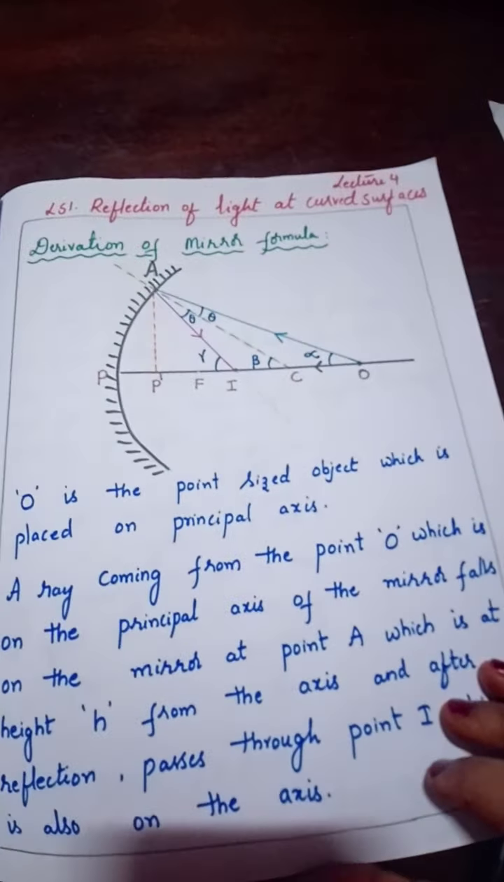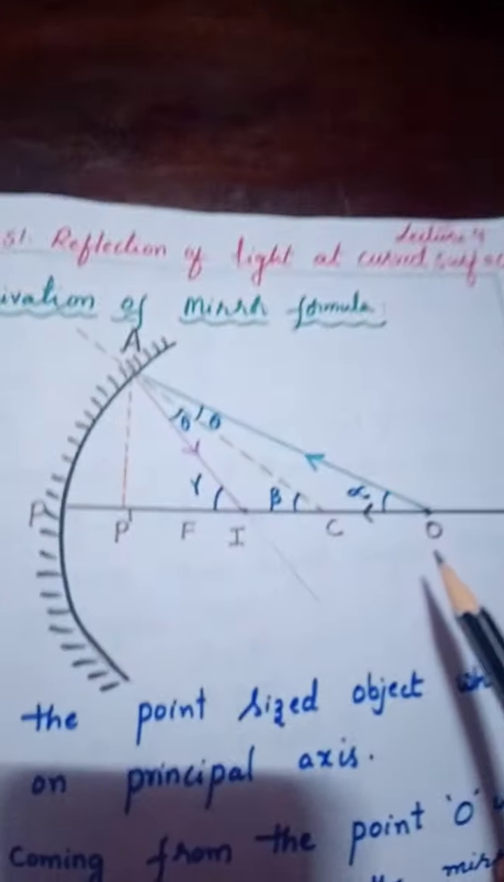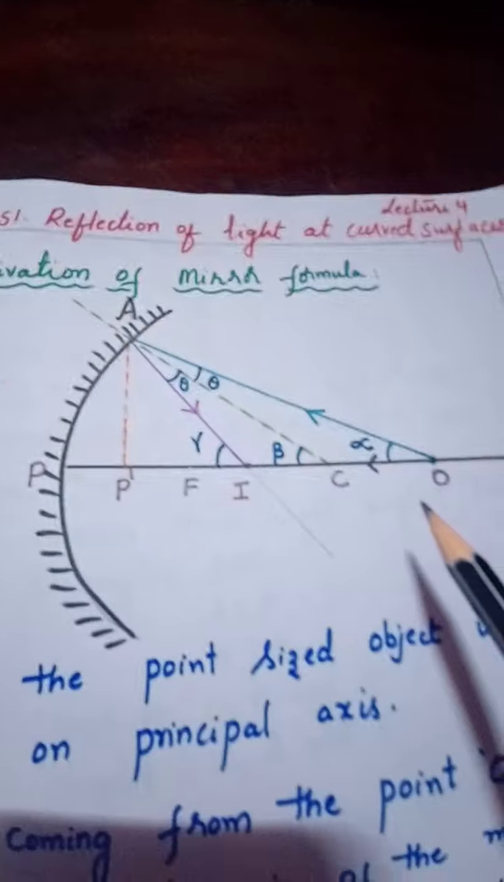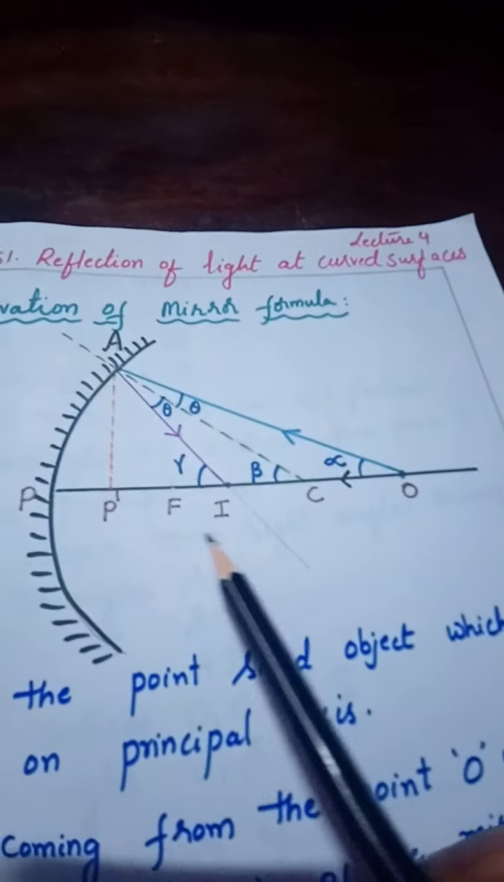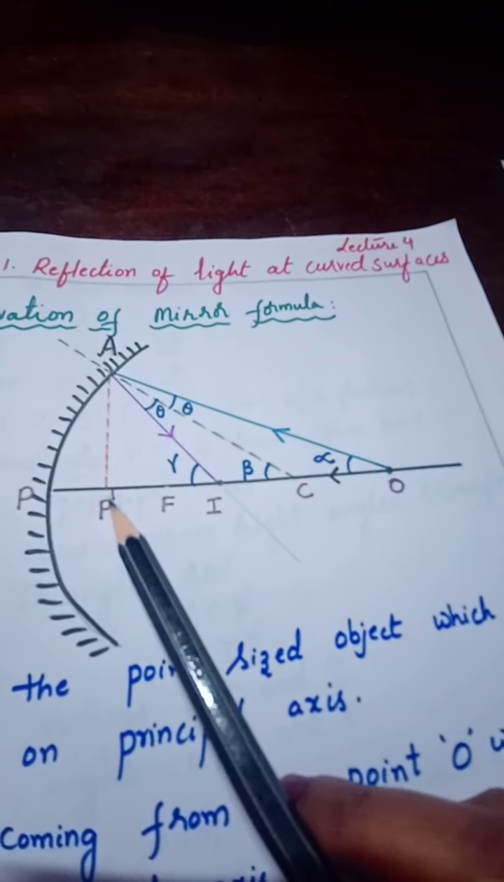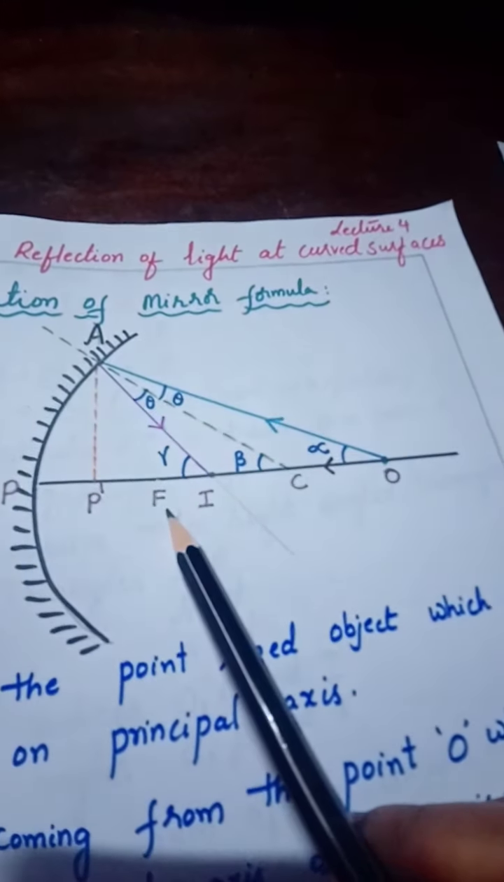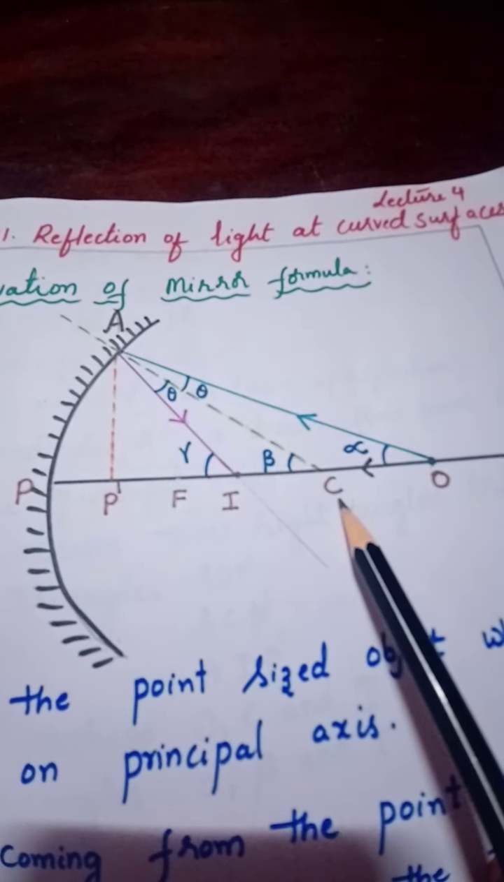So, to discuss this mirror formula, we need to understand the points here, and some angles also. Let us see, this is a concave mirror and this is a pole. This is P dash. I will talk to you about this. F is the focus, I is the image, C is the center of curvature, and